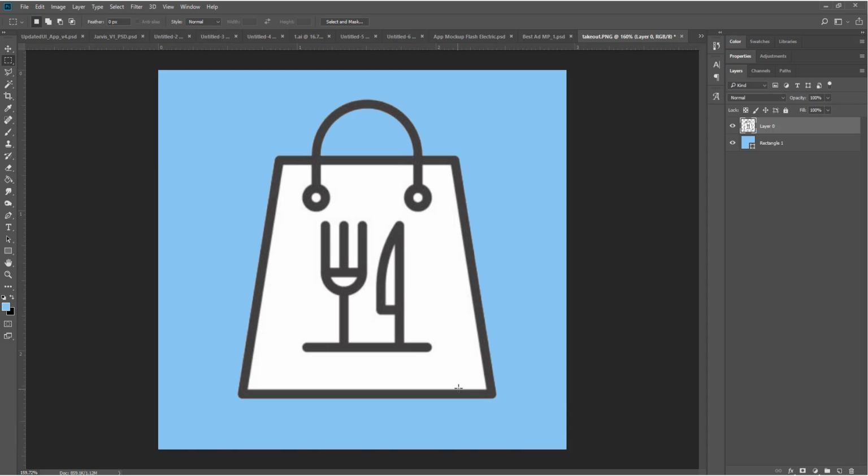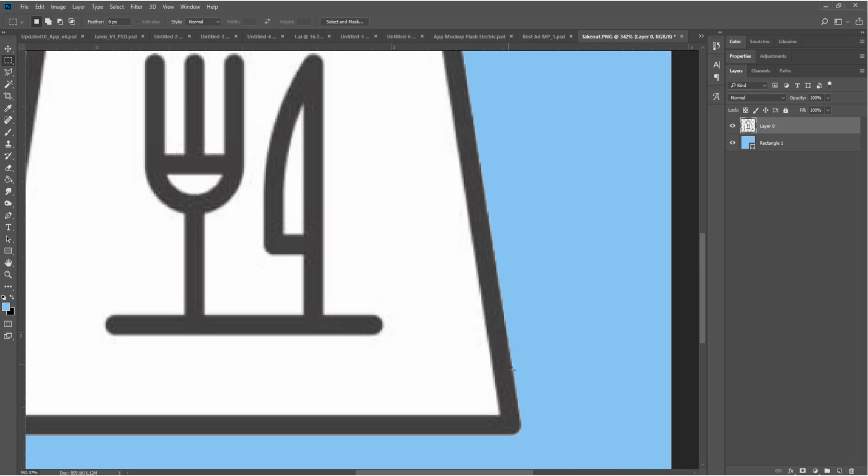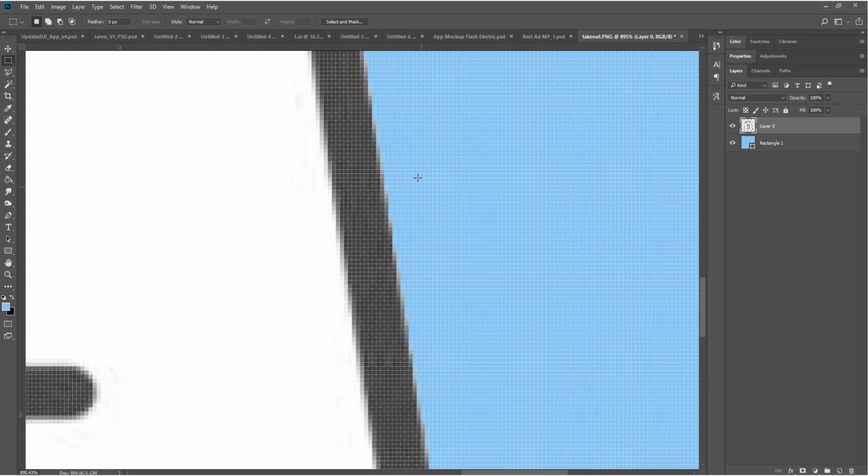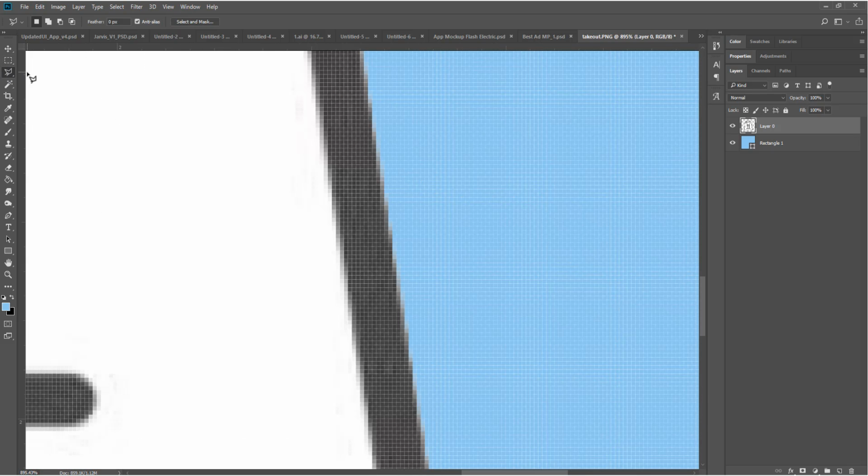So now, as you can see, there are no little white edges anywhere. If I wanted to remove these little itty bits of white on the edge, I might use something like the polygonal lasso tool. By default, it's on the lasso tool, which is not very helpful because you literally have to draw it. So that's not great. If you just hold that and then click on